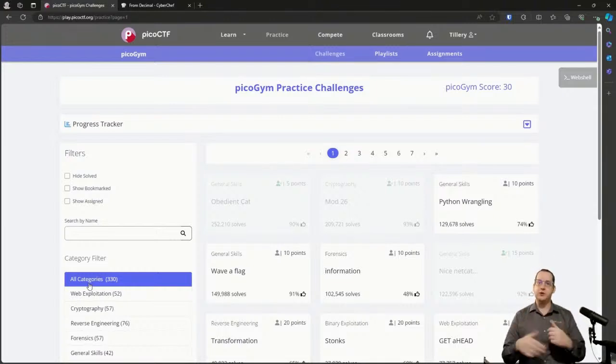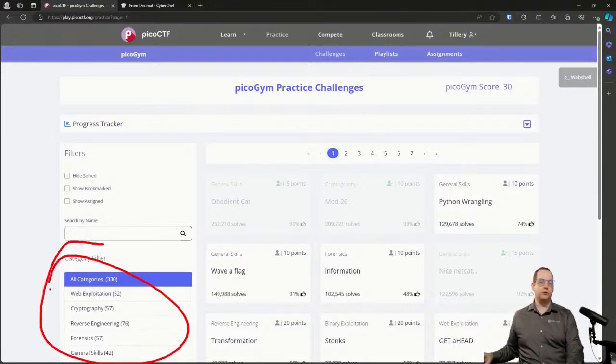To help you navigate around in the PicoCTF platform, let me point out a few things. First of all, we're in the Pico Gem, which is what happens when you click this practice button up here. The Pico Gem, as I mentioned, is a bunch of challenges either created for this practice area or created for previous PicoCTF competitions. We also have our category filter over here if there's a particular area that is of interest to you. And notably, we have this web shell up here, and I'm going to make use of that for